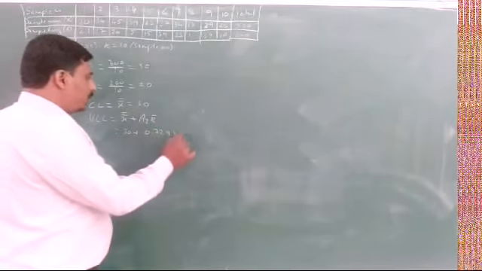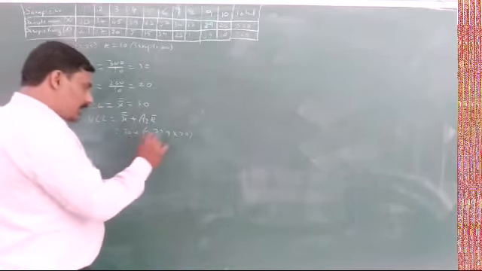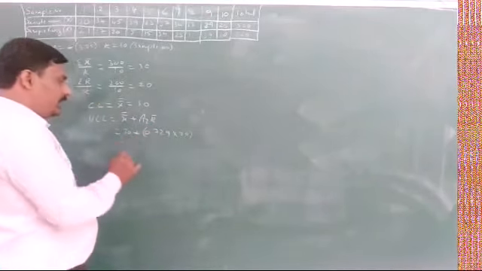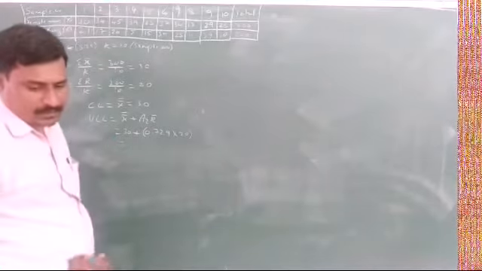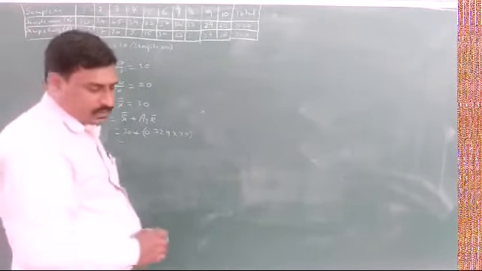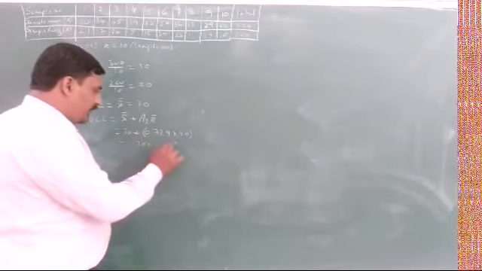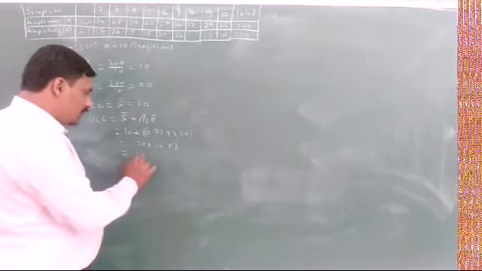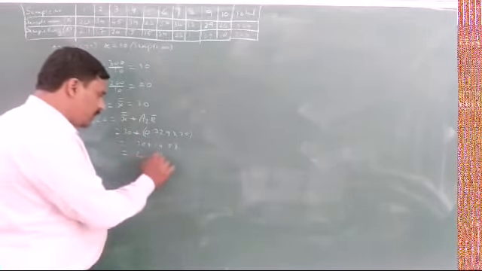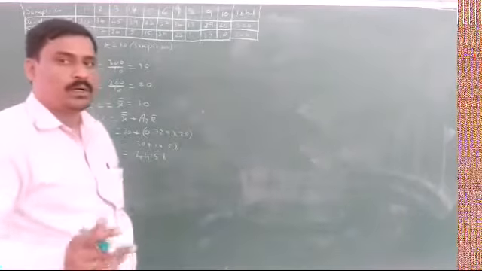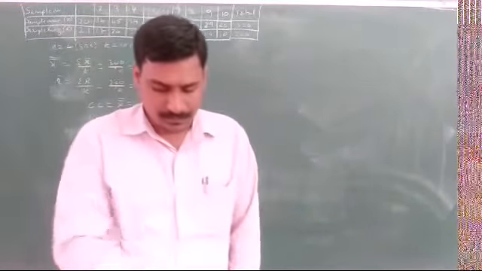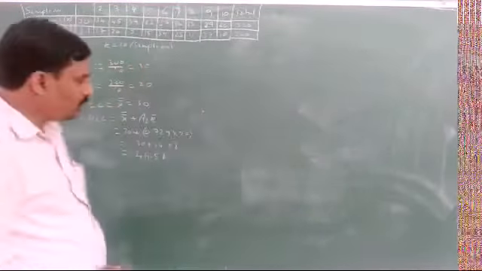0.729 into range R bar is 30. So finally we get here 30 plus 14.58. 30 plus 14.58, so 44.58 is the upper control limit for the X bar chart. And then the lower control limit